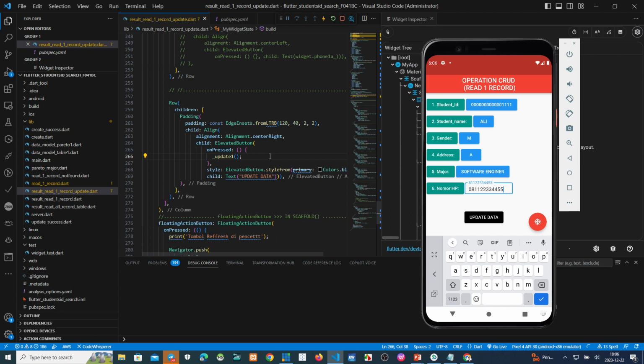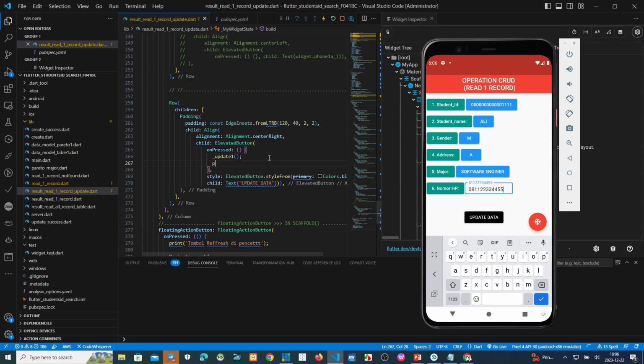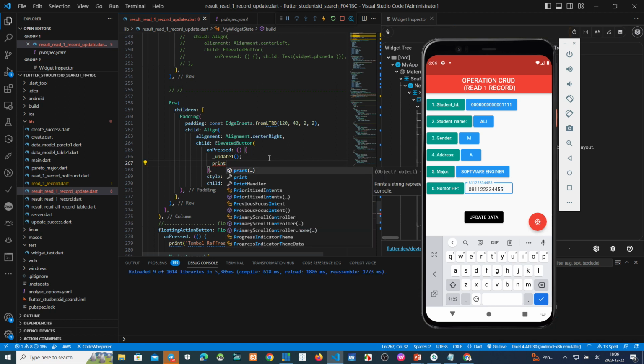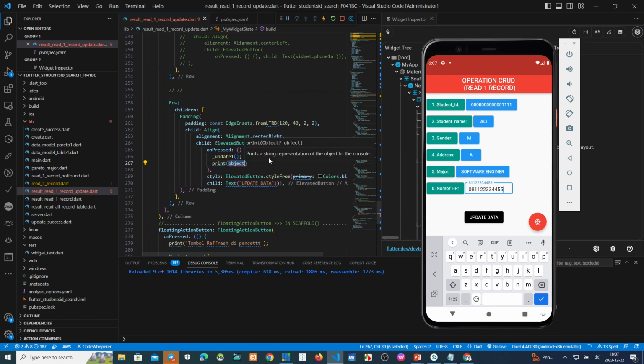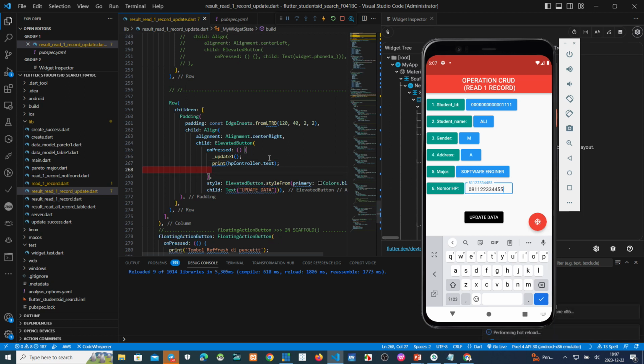Okay, now we print here. If we type here, after we click update data, we can see it on the debug console, but there is no change on the screen because there is no returned data.